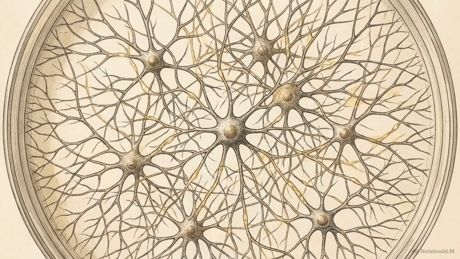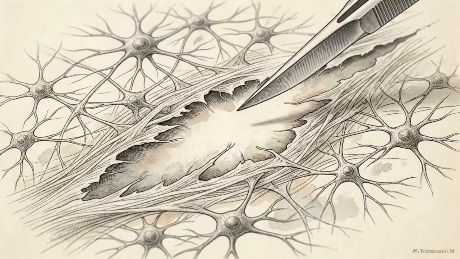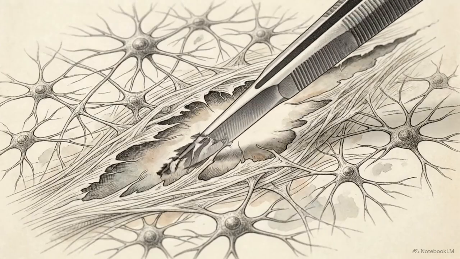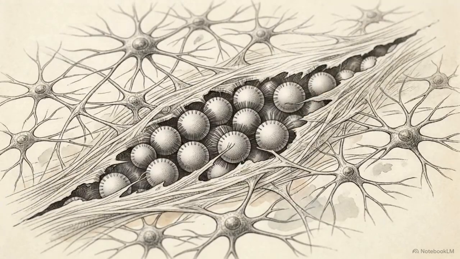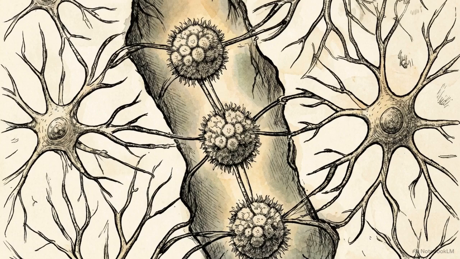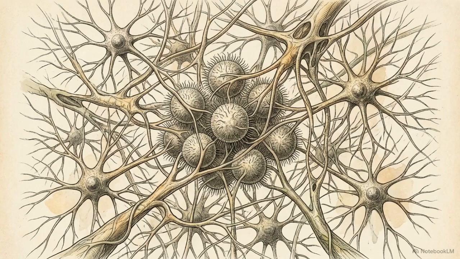In 2023, the lab conducted a neural scratch experiment on a two-dimensional sheet of human neurons, dragged a metal rod through it to create a severe physical chasm, and then deployed anthrobots directly into the void. The experiment yielded a clear result. Within 72 hours, the anthrobots actively induced the severed neurons to regrow across the void, closing the gap completely.